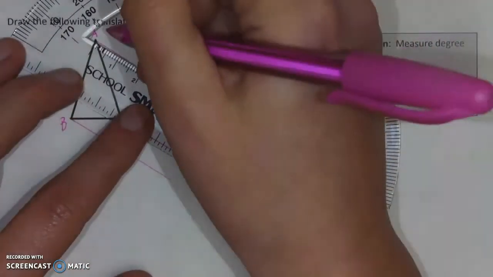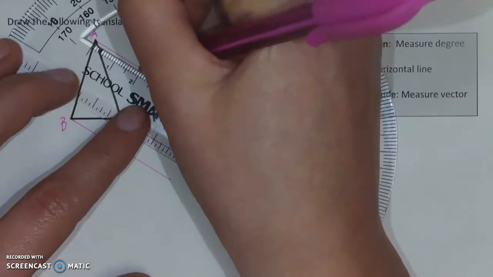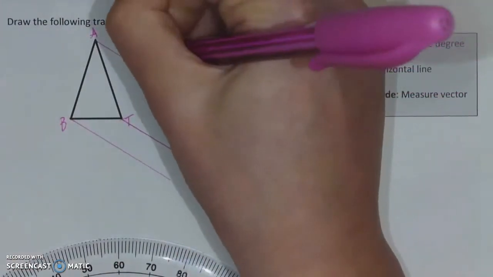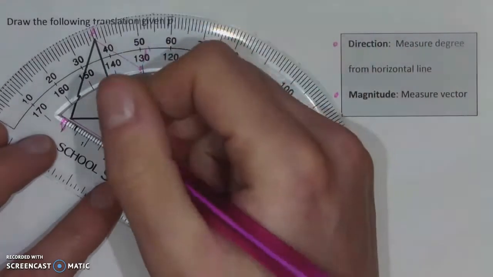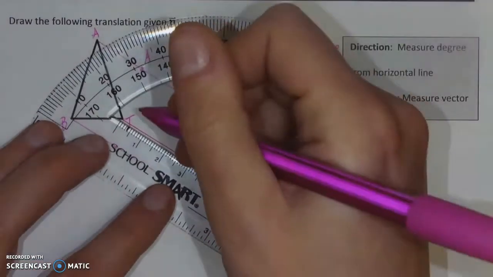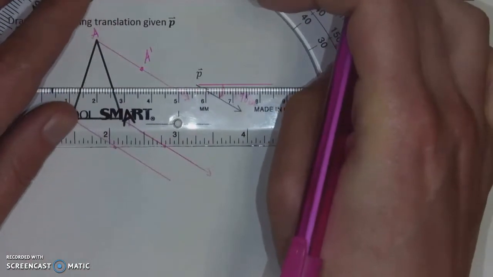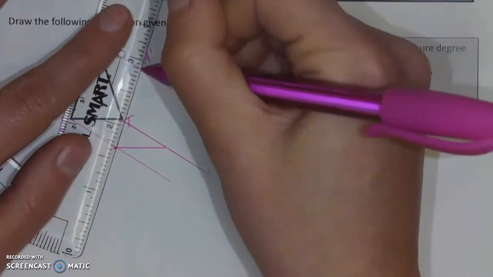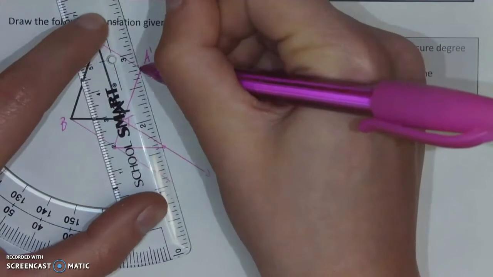And so what I'm going to do is at each one of these, I'm going to go down to that same length, and that is where my points will move to. So A slides down until it hits here, which is A prime, and B slides down that same distance, and so on and so forth. Now, once you have translated every single point, you can connect those points to finish up your figure. If you've done this correctly,